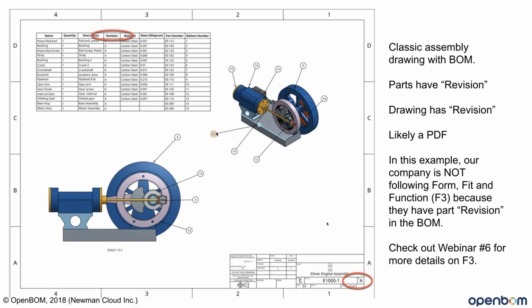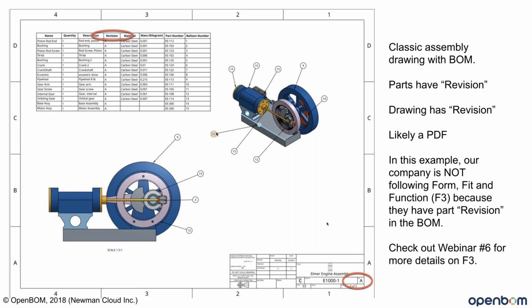So this is what I think we've all become accustomed to. This is a BOM on the face of a drawing. It has all the part information. In this example, the parts all have the revision listed in the bill of material. We also have a revision on the assembly drawing. This is probably a PDF, might get circulated as paper around your shop, and